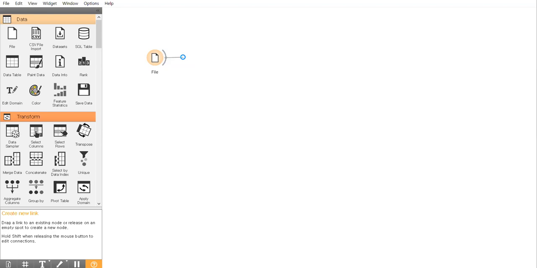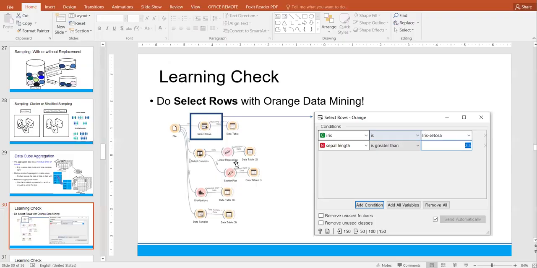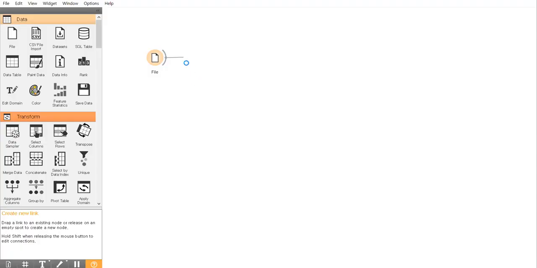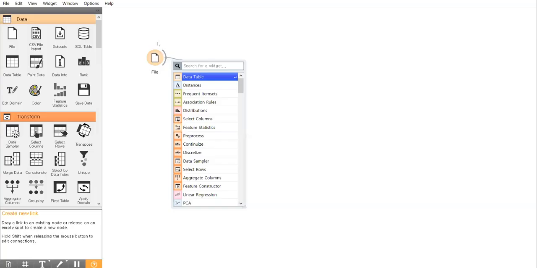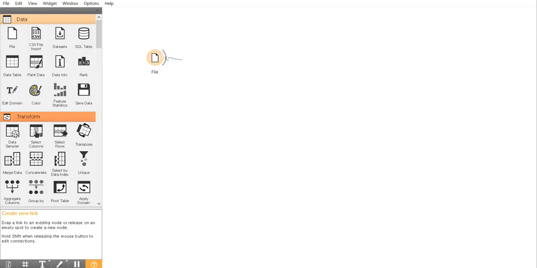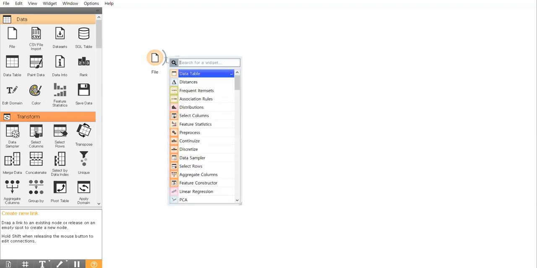For example, Select Columns, Select Rows, and there's another kind of widget that might be useful for you. For example, we can use the linear regression, and we can use the data sampler. Yes, so we can select the rows,